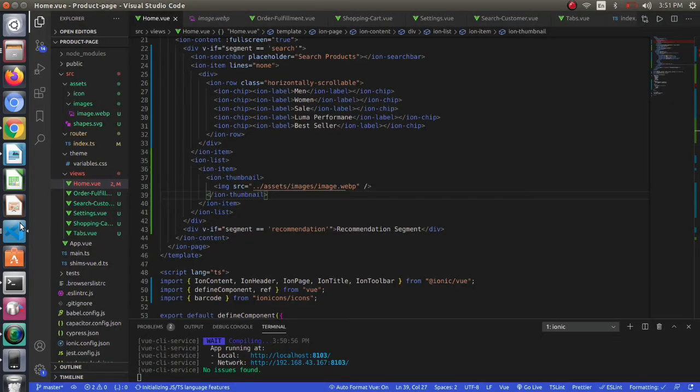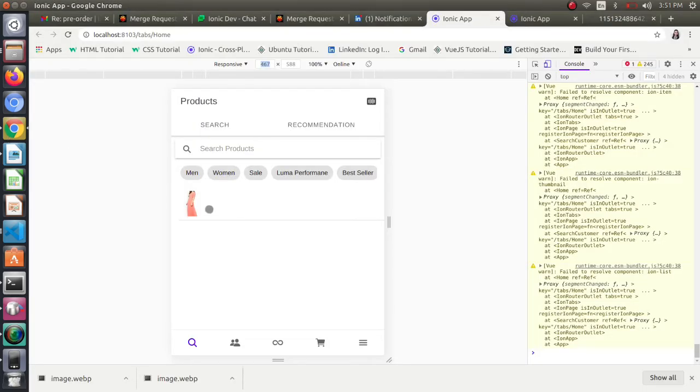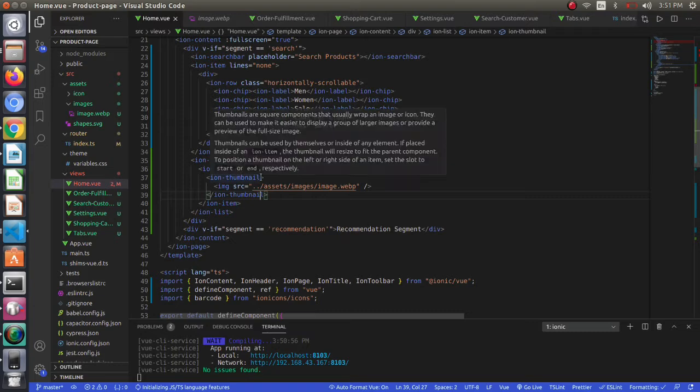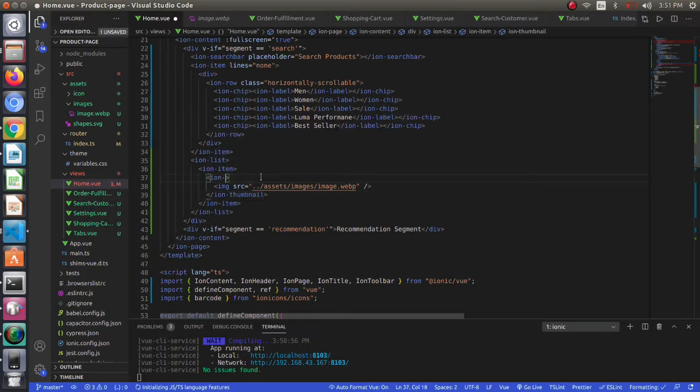We will be providing some CSS to it for our desired result, but first of all I am showing the thumbnail way. In thumbnail, we get the image in a square box. My image has a white background, so I am not able to show the square box of the image. But the thumbnail provides a square box for our image. And the next part is the avatar. The avatar is mostly used for profile pictures or person images. So we will see how avatar exactly looks.